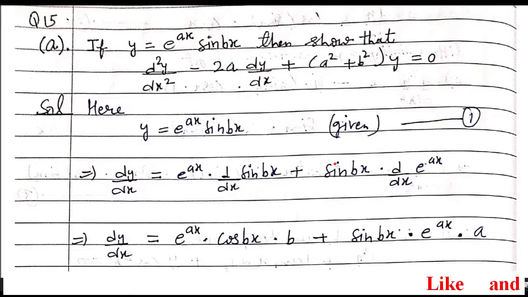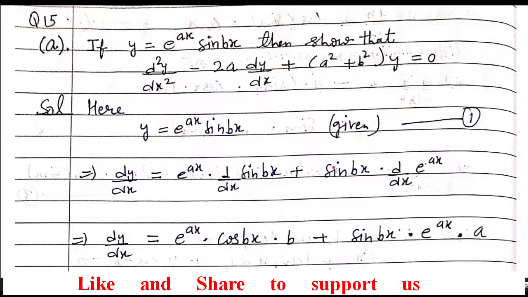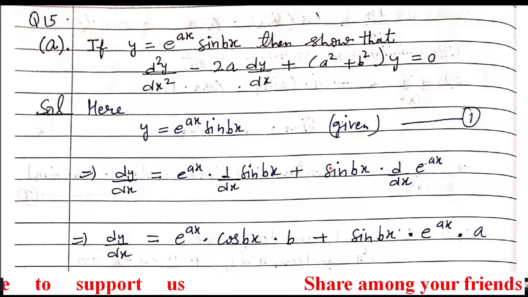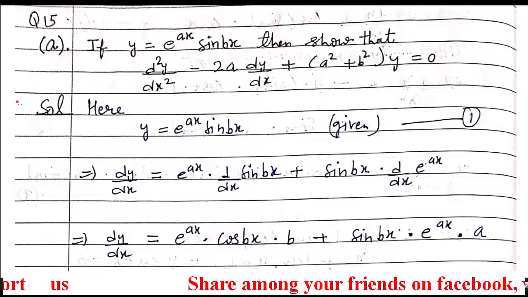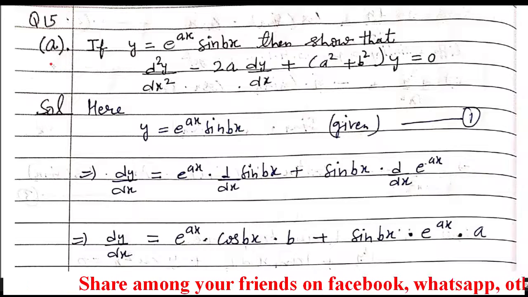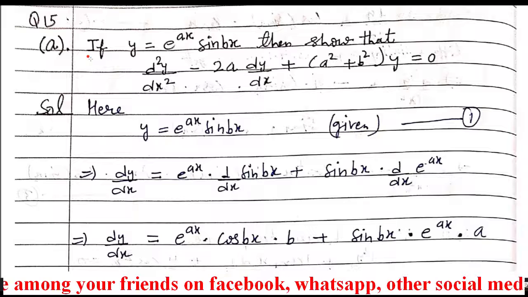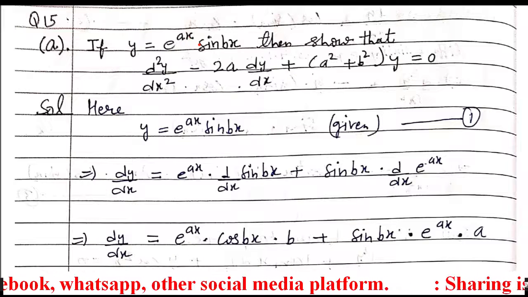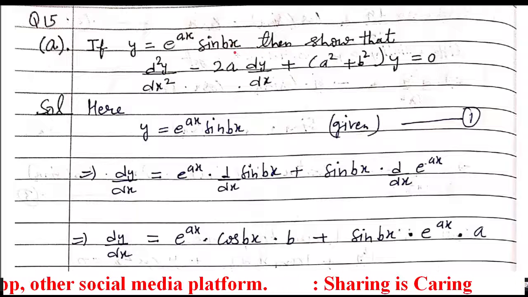Hello everyone. Today I am going to explain question number 15 from miscellaneous exercise of chapter 7 from 12th class maths. So chapter 7 is based on differentiation. Now in question number 15, first we will solve the A part. In A part, y equal to e to the power ax multiplied by sine bx is given to us,